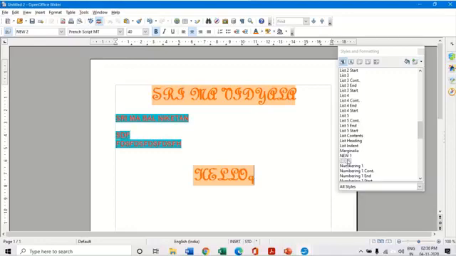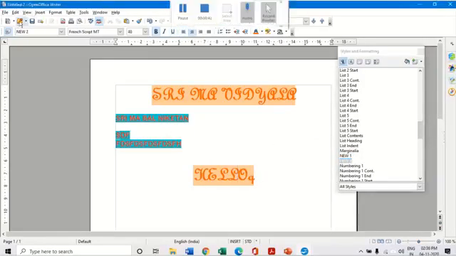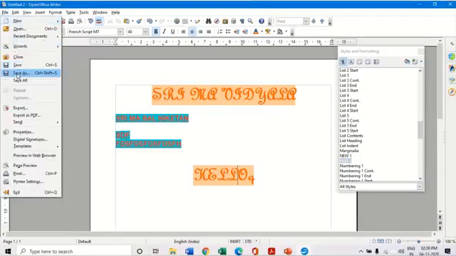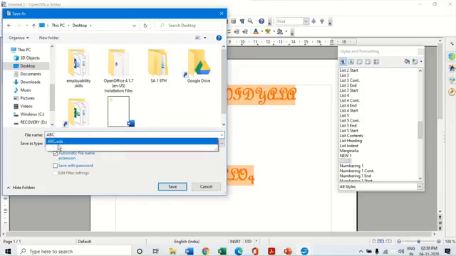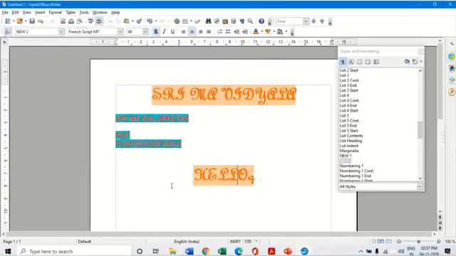So here I have this style which I created, new 1 and new 2. Just now, sometime back, we had created this new 1. New 1 is this particular style and new 2 is the new style here. Now if I save this file, I'm saving this document on the desktop. I'm giving it the name abc.ods. My file gets saved with the name ABC with the extension ODS. So I click on the save option and my OpenOffice Writer file gets saved.